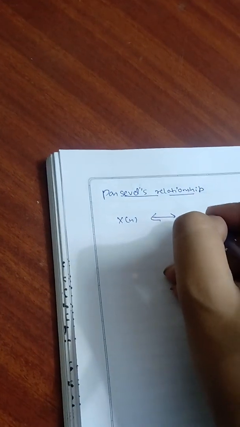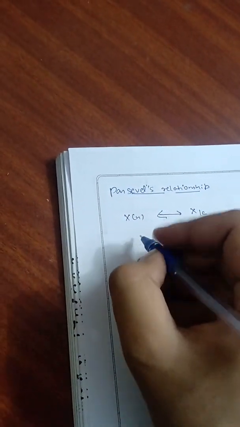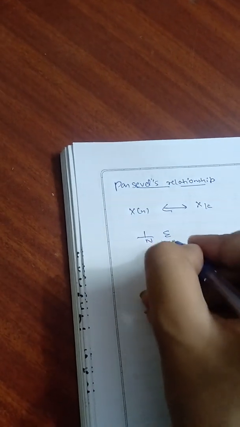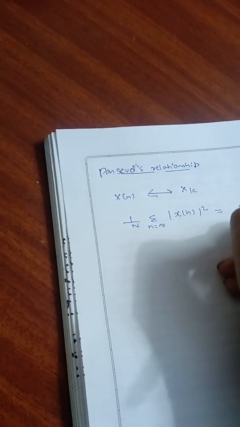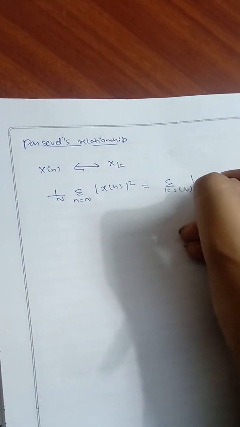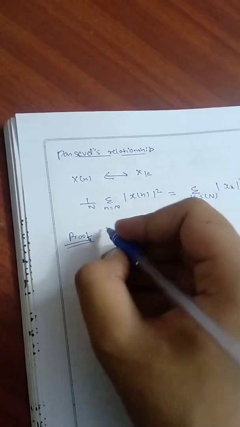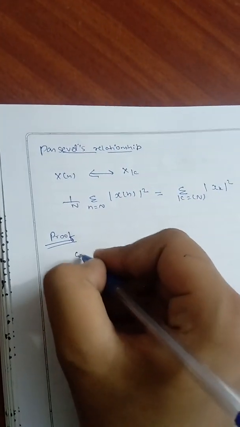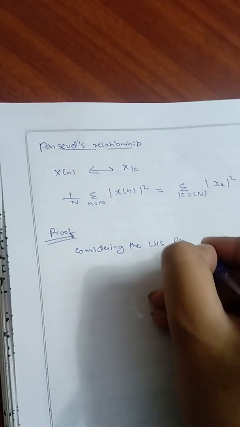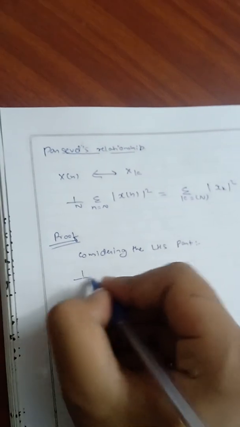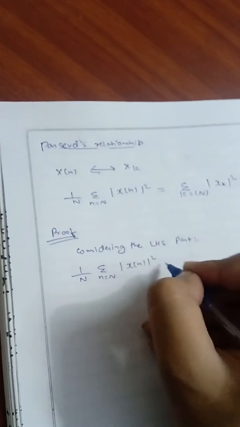So the Parseval relationship is: if x of n has Fourier transform x of k, then 1 upon n summation over n equals capital N of mod of x of n whole square is equal to summation of k equals n of mod of x of k whole square. So the proof for the Parseval relationship is, first of all we are considering the LHS part. So the left hand side part of the above equation is 1 upon n summation over n equals capital N mod of x of n whole square is equal to,